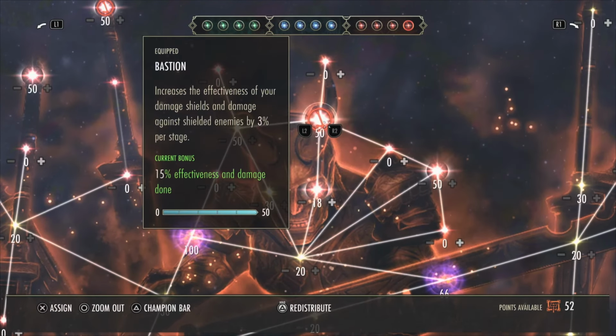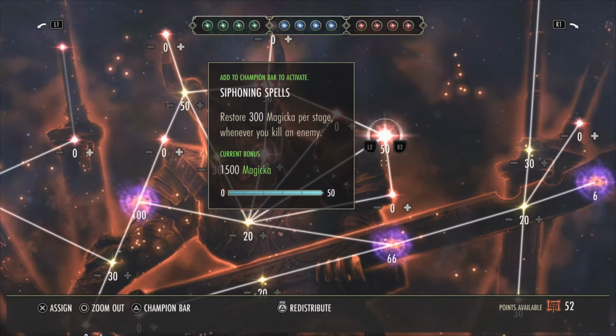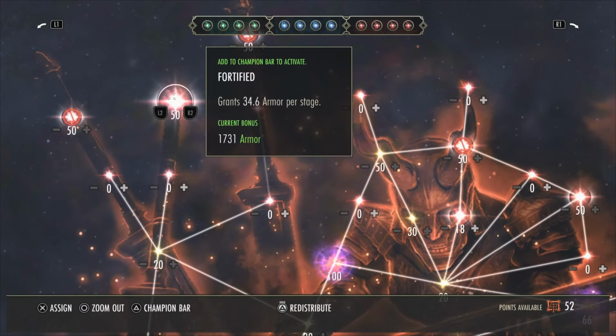Next over here, you want to have Bastion as your main one. That's probably the most important one to have. Increases your damage shield effectiveness by 15% and your damage against shielded enemies. It's Necrom. Every goddamn person has a shield. So, 15% damage bonus. Perfect. It's free DPS from a red tree. Slottable. So, and then I think over here I just have the other...